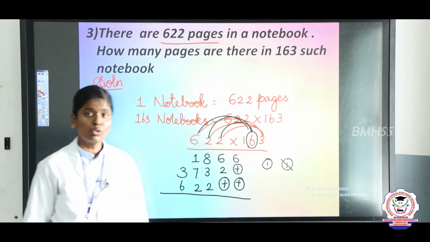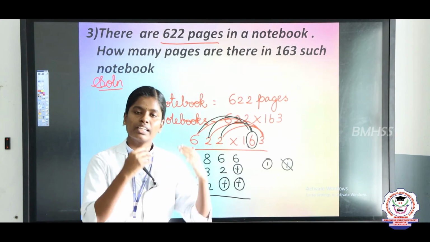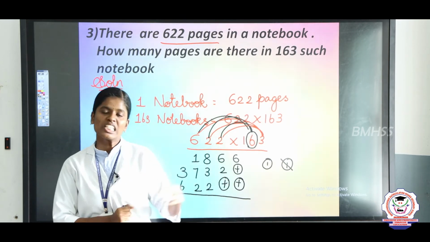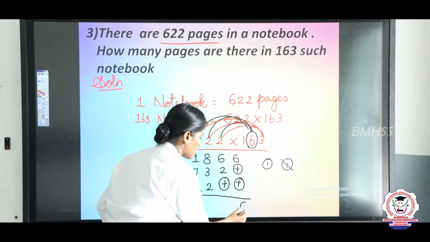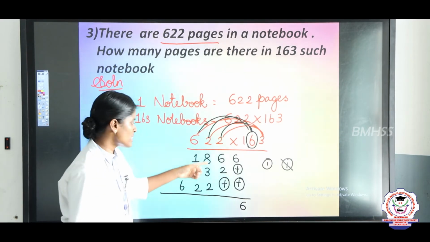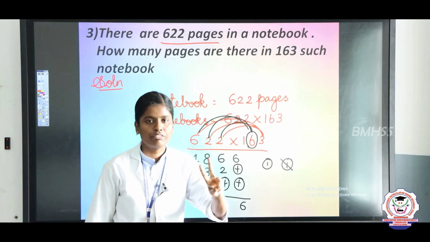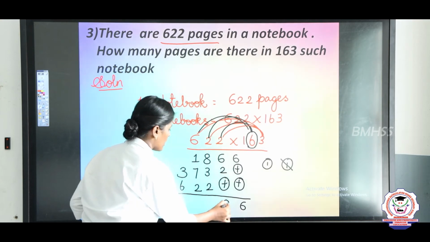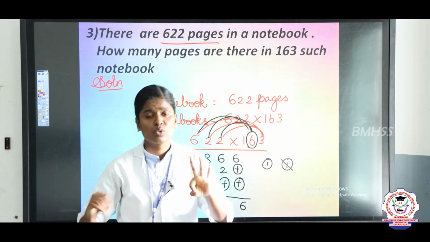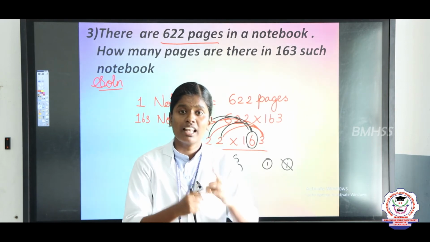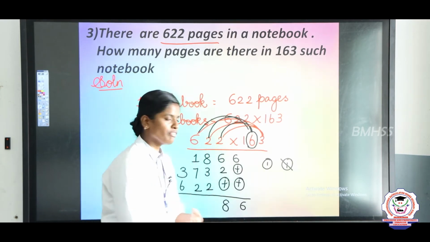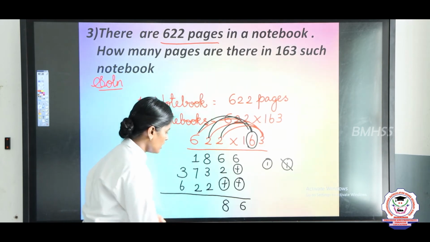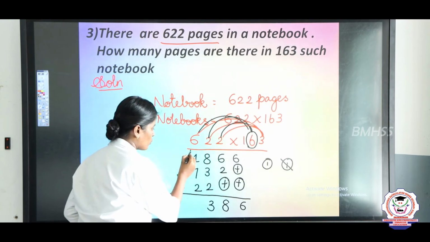Already you know multiplication means a repeated addition. Add: 6 plus 0, the answer is 6. Next, 6 in the mind, 2 in the finger, so 6 after 7, 8. Here 8. Next, 8 in the mind, 3 in the finger, so 8 after 9, 10, 11. 11 in the mind, 2 in the finger, 11 after 12, the next answer is 13. So for 13 you write 3 and carry 1.